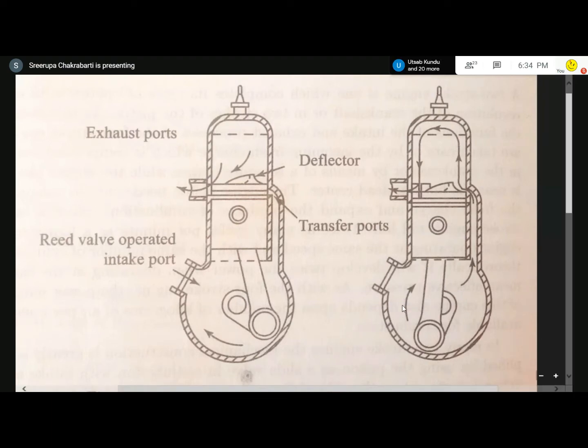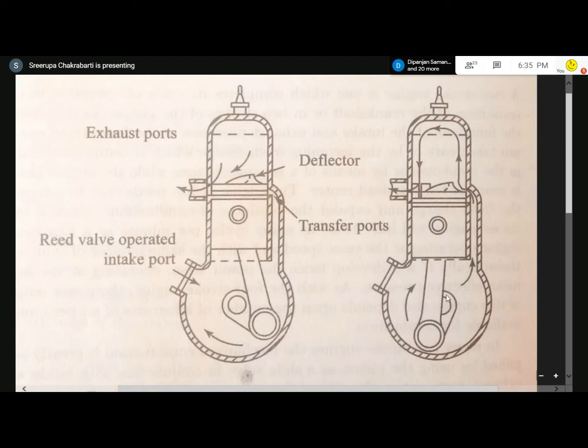No, this arrow actually indicates the direction of rotation of the crankshaft. That is okay. This direction is okay. And this one is your upward journey. No, the downward journey. This piston is moving downward. So piston is moving downward means this connecting rod should be inclined not in this fashion. It would be just the opposite, like this. You understand?